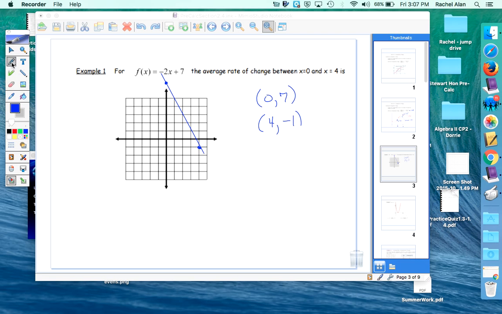Okay, and the average rate of change is just the slope of this line, and the slope of this line can be found right here. So the average rate of change of a linear function is just the slope. It's right there in the equation. So the average rate of change is negative 2. Okay. Now I want to look at